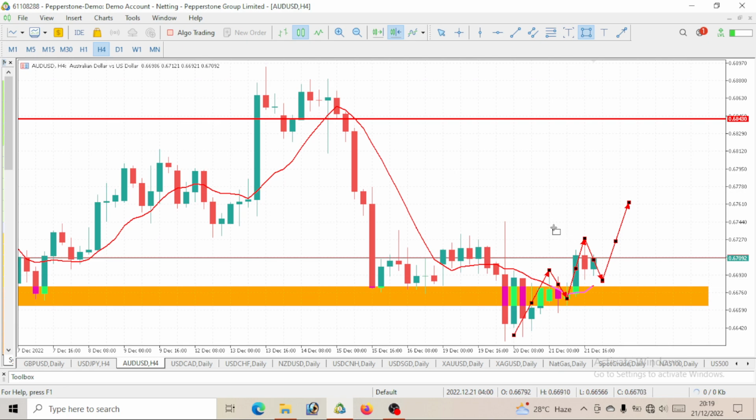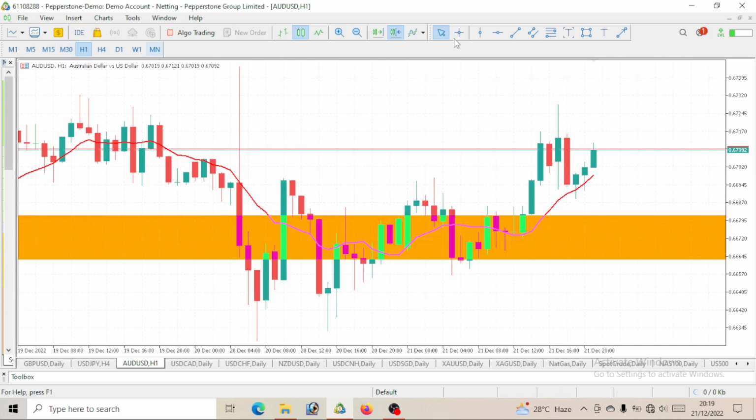So for the next day, we should see AUD break above this high. This previous high needs to be broken, so new highs will be made. So above all, on AUD USD, we are expecting a bullish move. Secondly, we can see that price is trading above our moving average on the 4-hour time frame. I think we should also trade with the moving average, especially on the 4-hour time frame. So go ahead and go long.